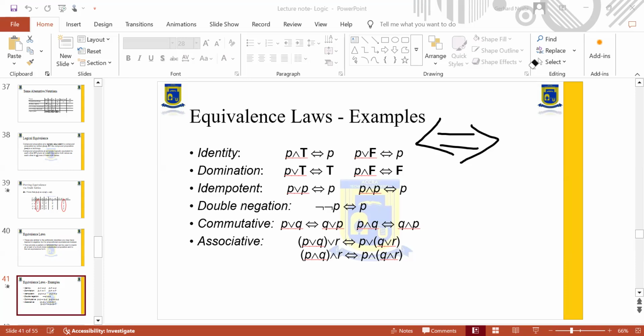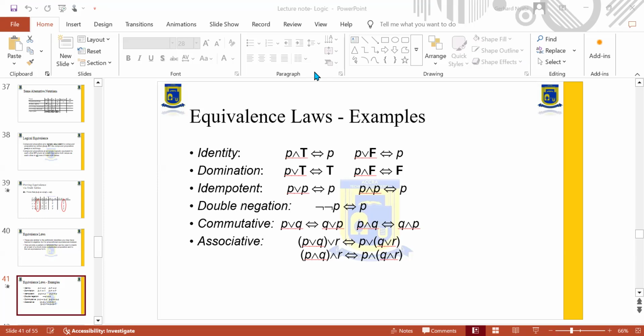All right, let's look at the first law. The first law talks about identity. And identity law is telling us that truth does not affect